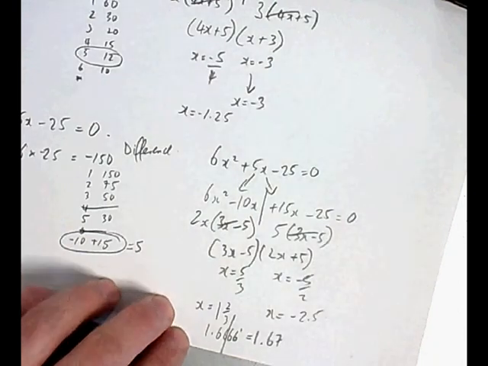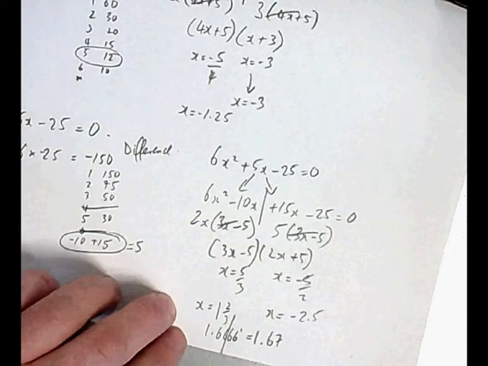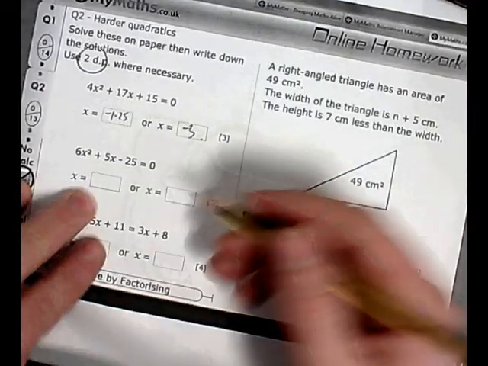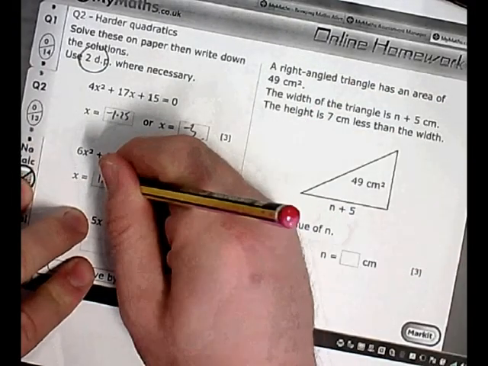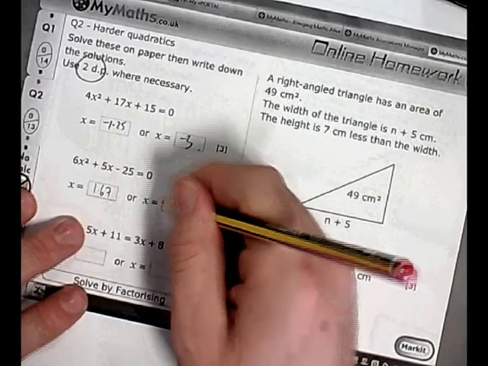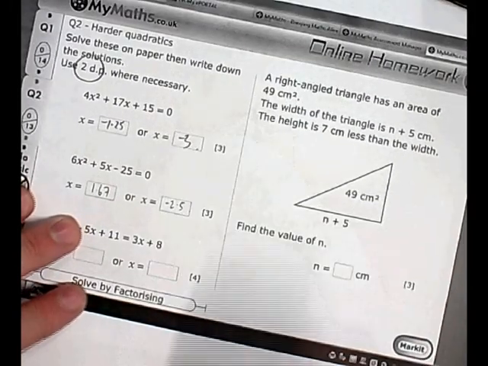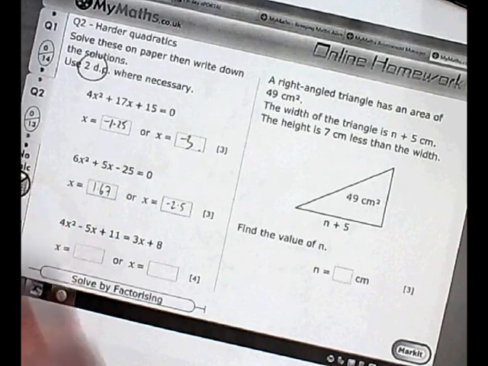Okay, so I'll take both answers and I'll put it in here, obviously very sophisticated with a piece of paper. 1.67 and minus 2.5. Okay, so they're quite standard. In a normal